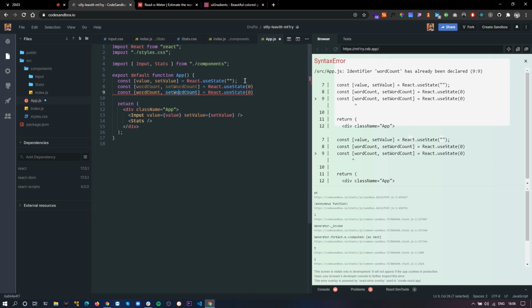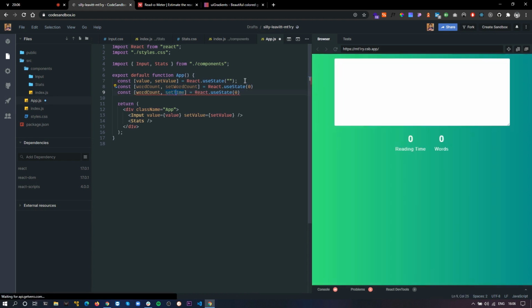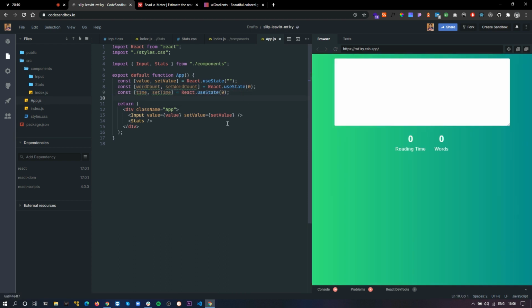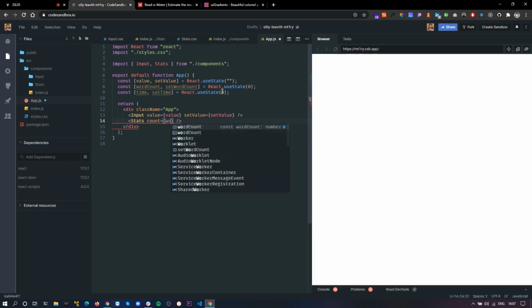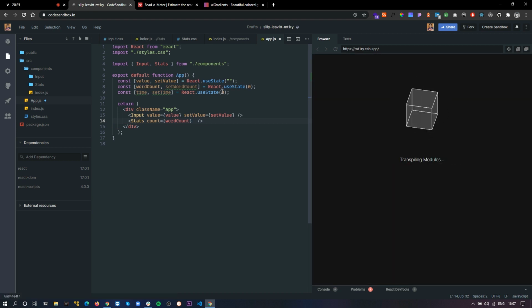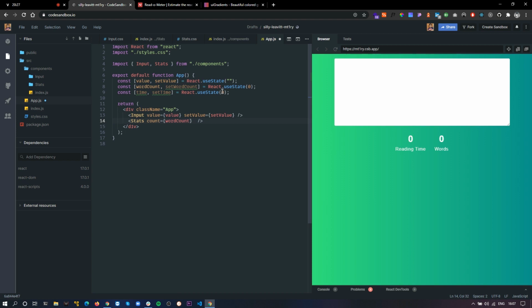So set time, and this will be also time. I'm just gonna pass these values to my stats component so we can start displaying them. Now when I'm gonna pass it, I'm just gonna call it count, just to show you that we can name it anything. The point is, whatever name we're using here, we have to use the same name inside the props. So I'm going to call it count, and I'll call this time.